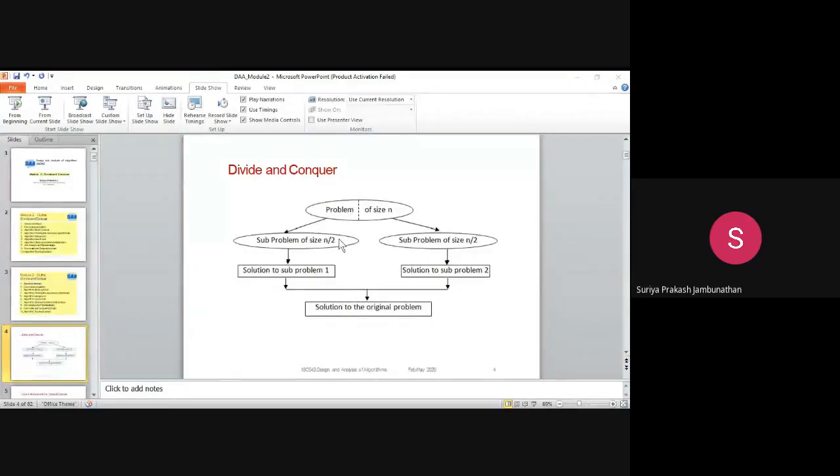So let's go to the PPT now. I hope you understand the example problem I showed you. Using that problem, you see the skeleton diagram. In the skeleton diagram, n divided by 2 is used for dividing the entire problem into two different parts.